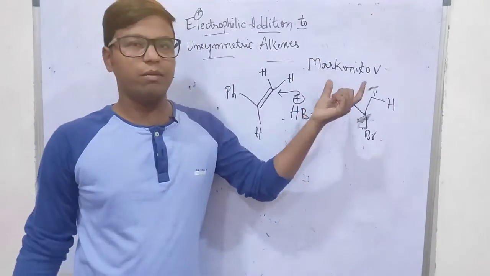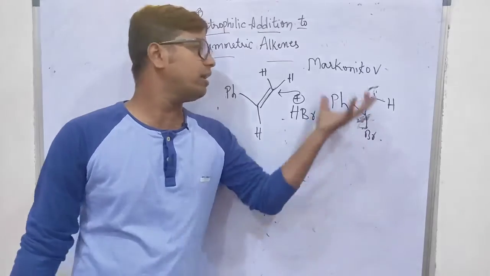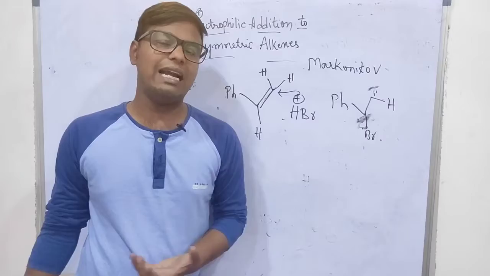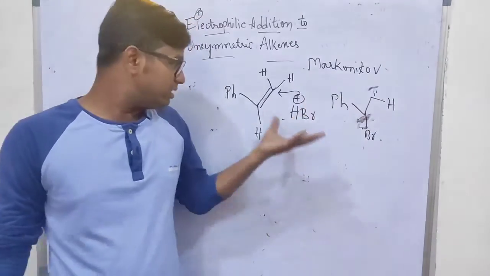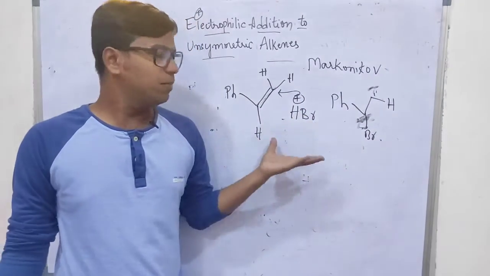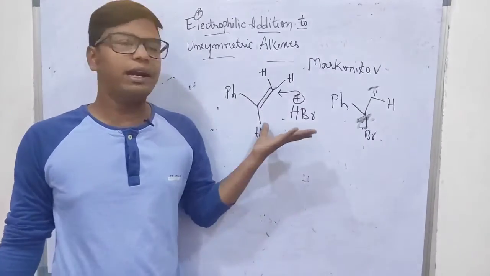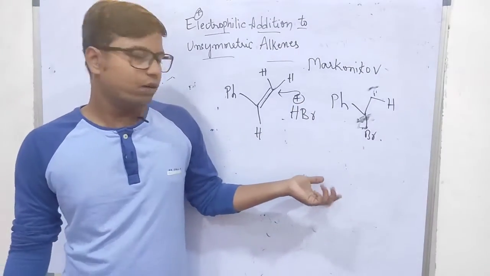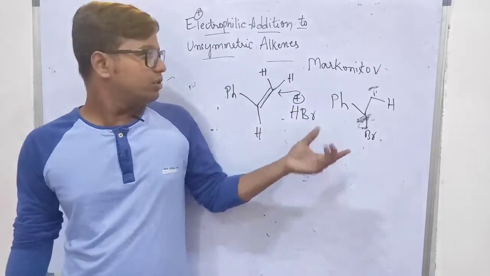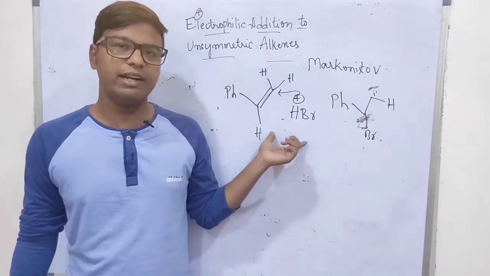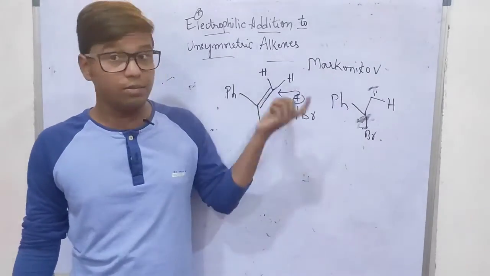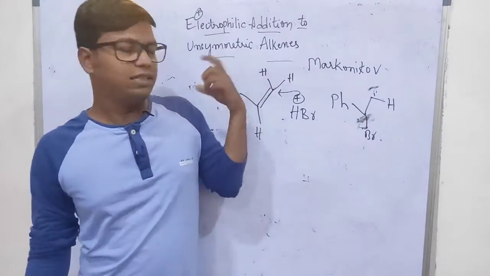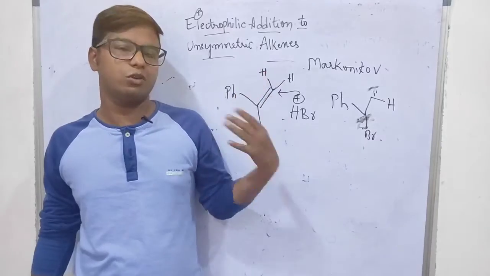So you don't have to remember exactly what is Markovnikov's rule and anti-Markovnikov's rule. Okay, there is another contrast to Markovnikov, that is nothing but anti-Markovnikov. You don't have to remember it. By just seeing the stability of carbocation, we must be able to understand the product and predict what is the major product. So in your examination, sometimes they might ask which is the minor product also. Just seeing the major product and remembering is not good enough. You have to understand the mechanism behind it. Understood? So this is in general how the addition is going to happen where asymmetric alkenes are there.